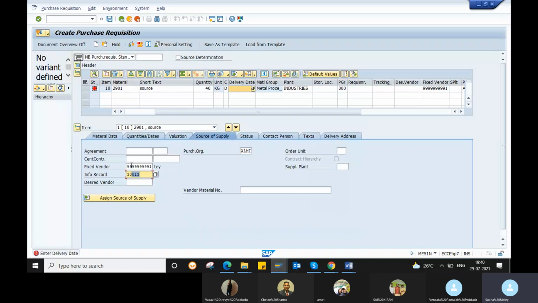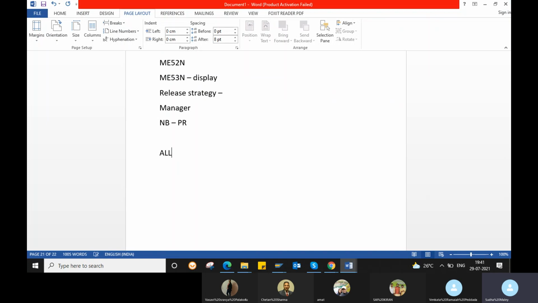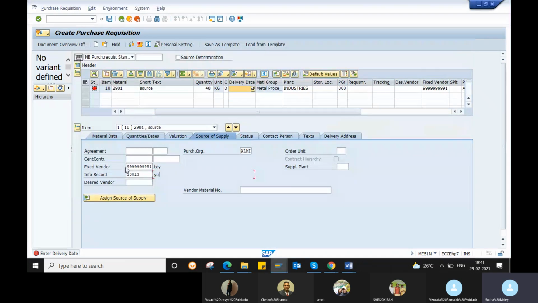So we have both the quota arrangement and the source list. If you want only the quota arrangement, then you will not fix your vendor. You can uncheck your vendor. So based on the quota, it had taken your vendor 991, because the vendor who has a low quota, it will take, right? Because already we know the formula for quota. It is always the allocated quantity plus your base quantity by quota. So yesterday's video you can see how the quota will be calculated. Wherever the vendor has the lowest quota, the system will automatically take that vendor.